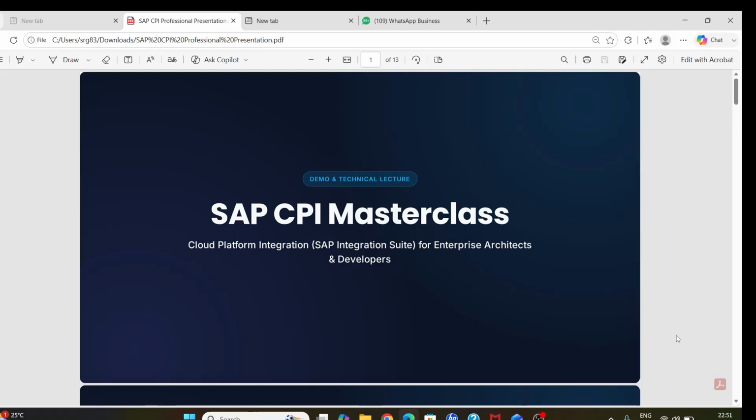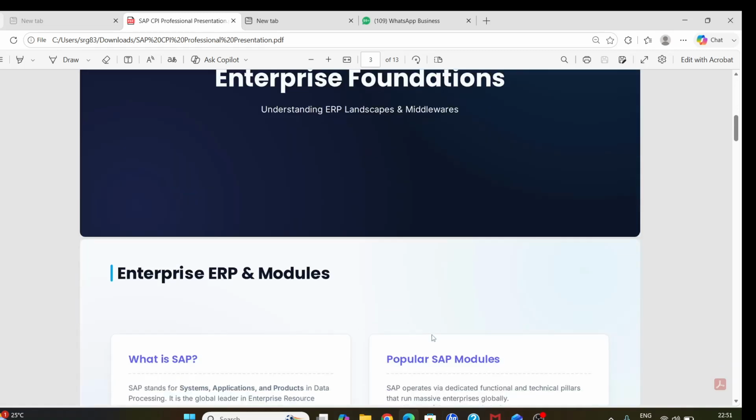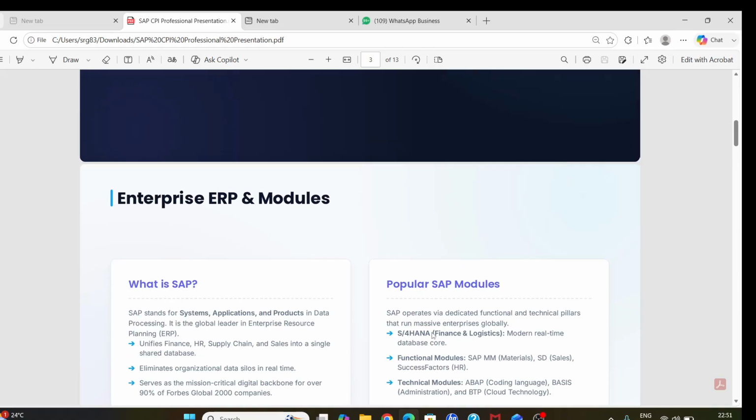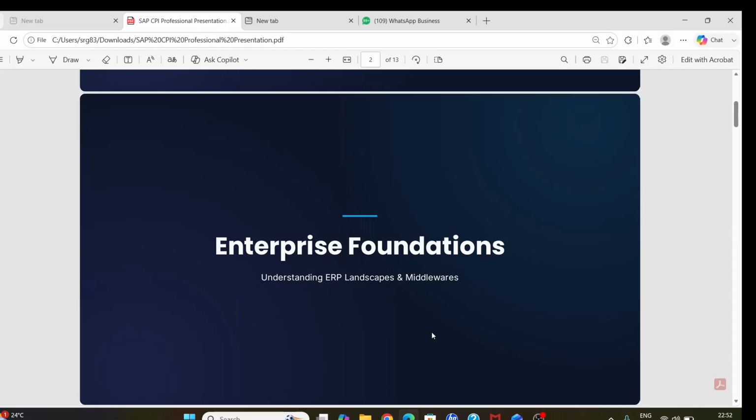Before we talk about the integration, we must understand what we are integrating. So let's enter module 1, Enterprise Foundation. In the corporate IT landscape, companies don't just use simple spreadsheets to run their operations.